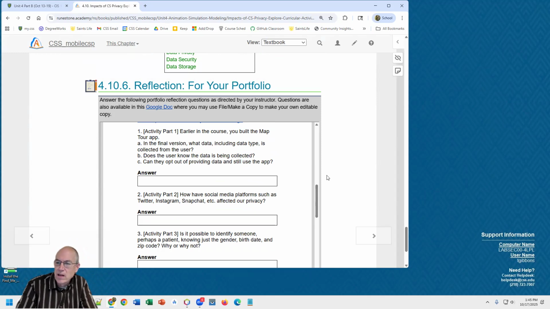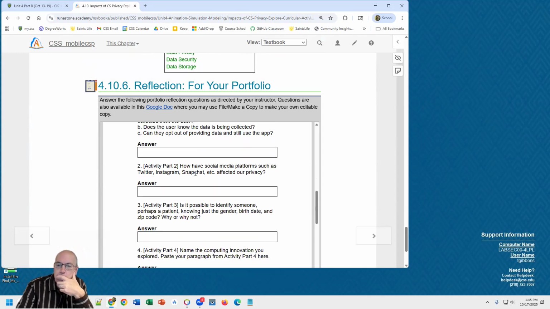So I'm just going to maybe focus on this reflection stuff a little bit more. So how have social media platforms like X and Instagram, Snapchat